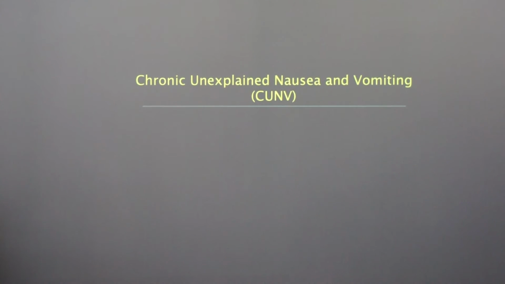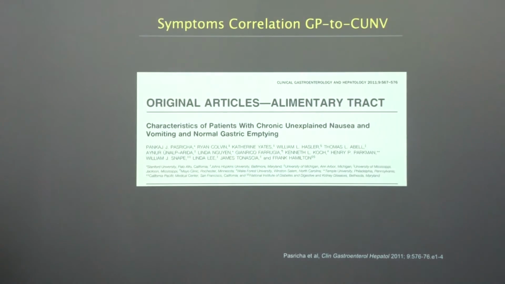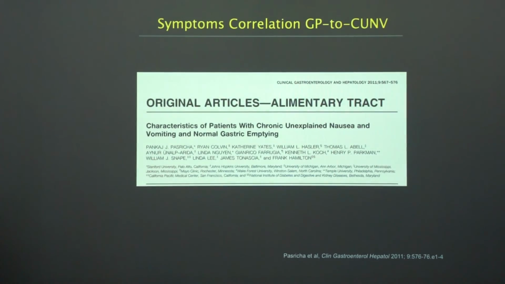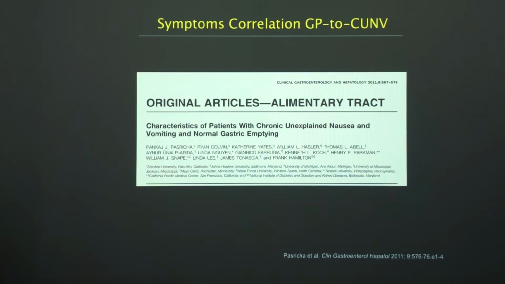So next we're interested in looking at a second clinical disorder. This disorder is called chronic unexplained nausea and vomiting. It's particularly interesting to us because it's been shown to have exactly the same characteristics and symptomology as gastroparesis. However, in these patients, their stomach empties normally. So they have normal gastric emptying times,